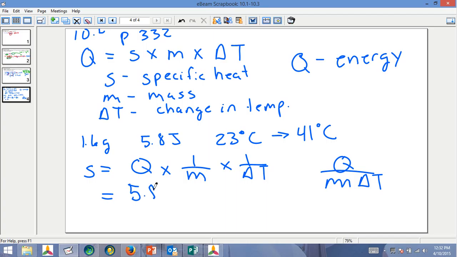Right, so we have 5.8 joules divided by, what's the mass? 1.6 grams. And what's our change in temperature? 18 degrees Celsius. So when we calculate that out,